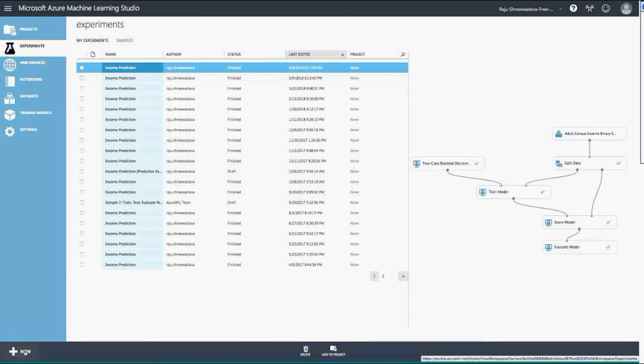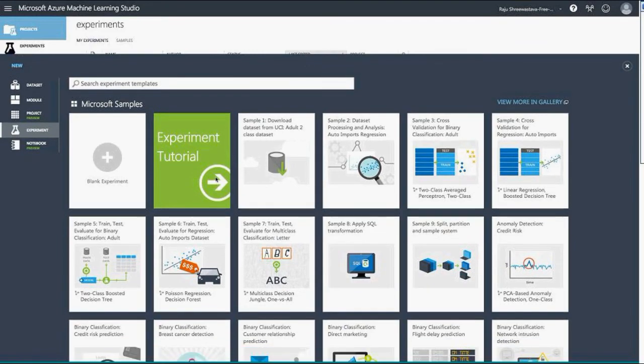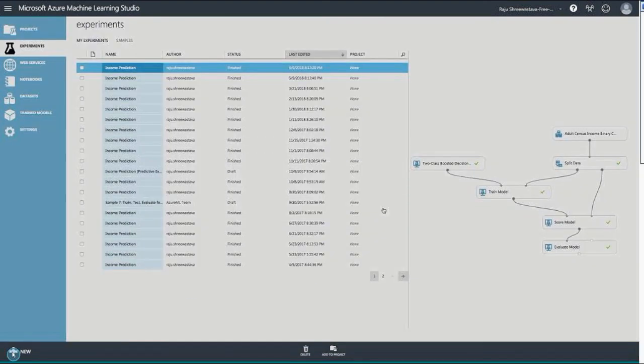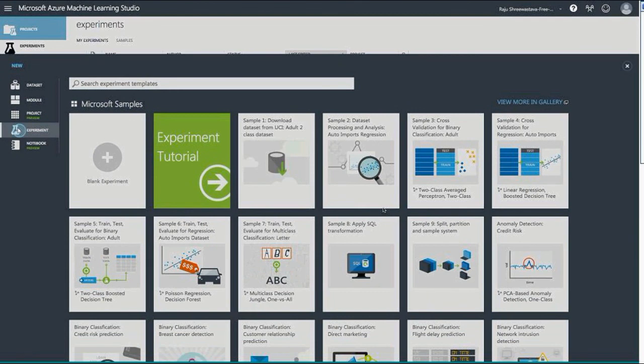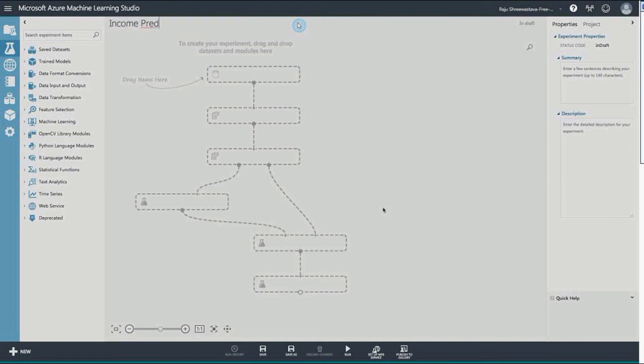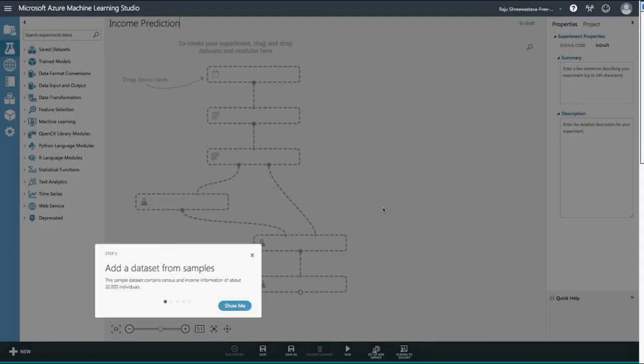So I'm going to start with a new one. When I click on it, I'm going to walk through the steps and slowly, steadily build onto it. The first step is we go to a new one. We create a blank one in the experiment section. You can name it anything you want. You give a name for this canvas. This one is for income prediction. We are predicting the income of people, basically. The problem is specifically whether a person has about 50K salary or income or less. That's what it's trying to find, right?